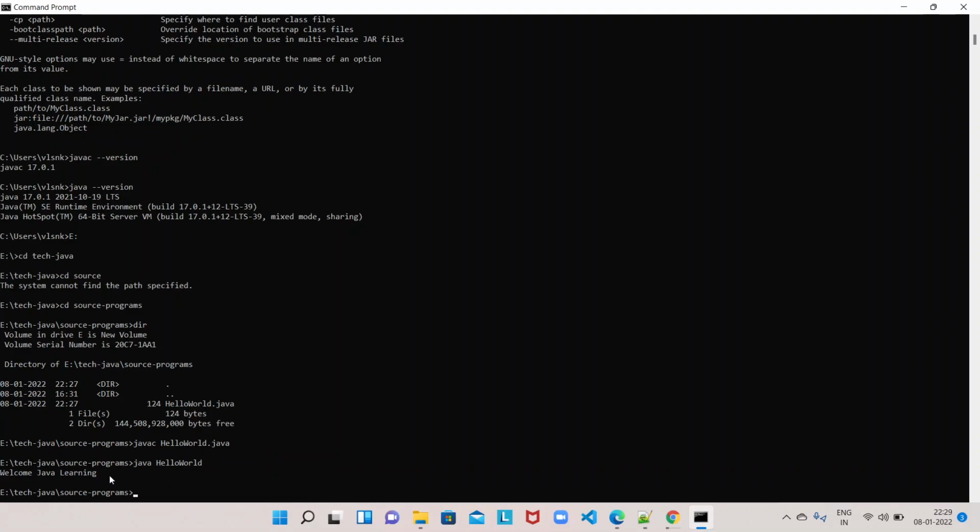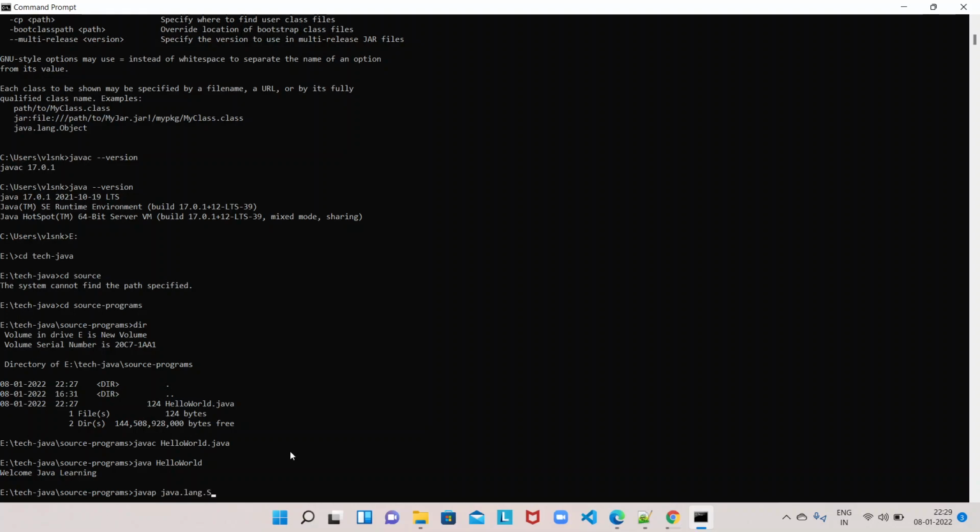Okay, welcome to Java learning. So this is how we install Java, and we use the different commands, javac and java, to compile the Java hello world program and to execute it. And there is another command, javap. The main purpose of this javap command is to know the details of public and protected fields, I mean, class level properties or methods that are there. All those details we can get from the javap command.